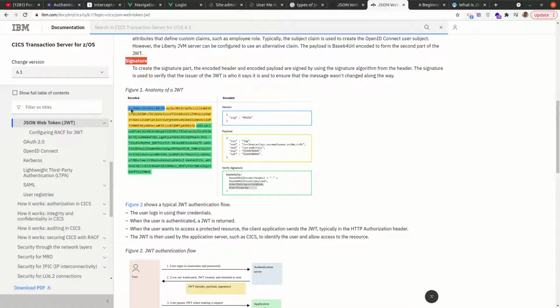You can see it's one long token, but it actually has those three parts, and they show what the header contains. Part of it is that the header contains the algorithm, and then this is the body. It also contains information like expiry